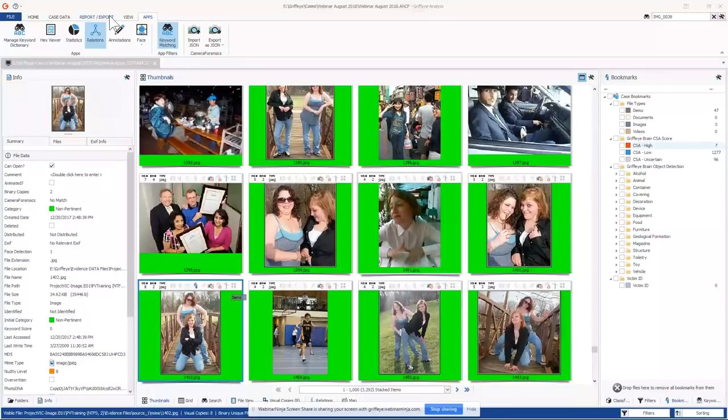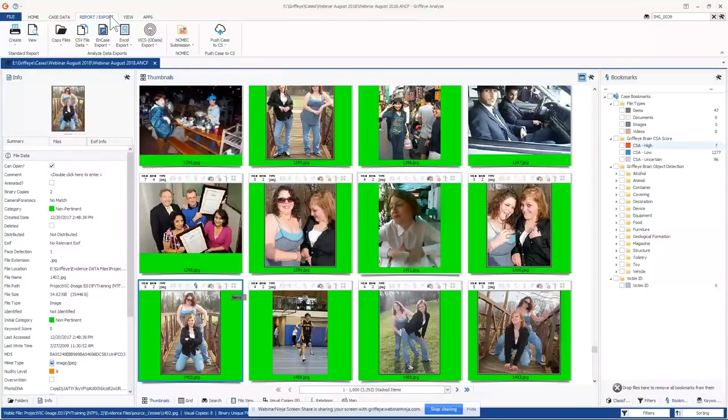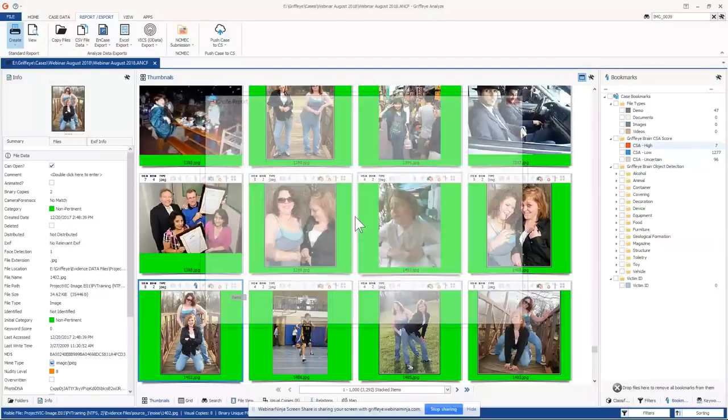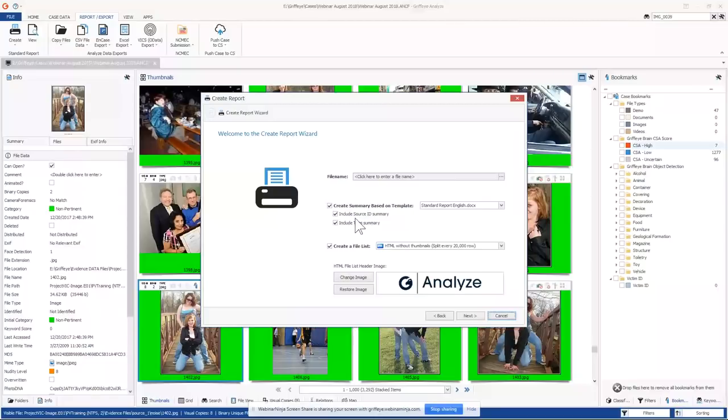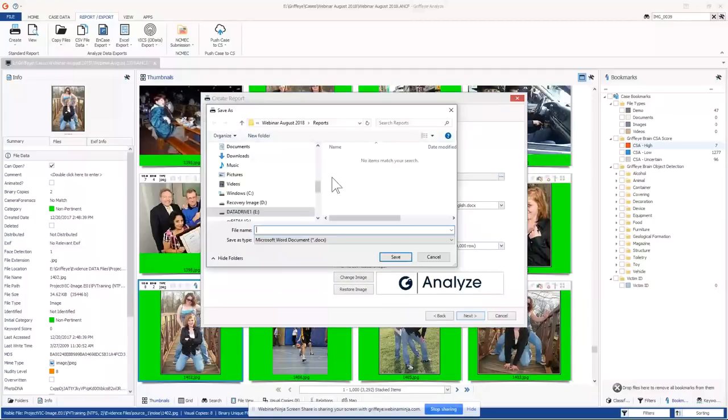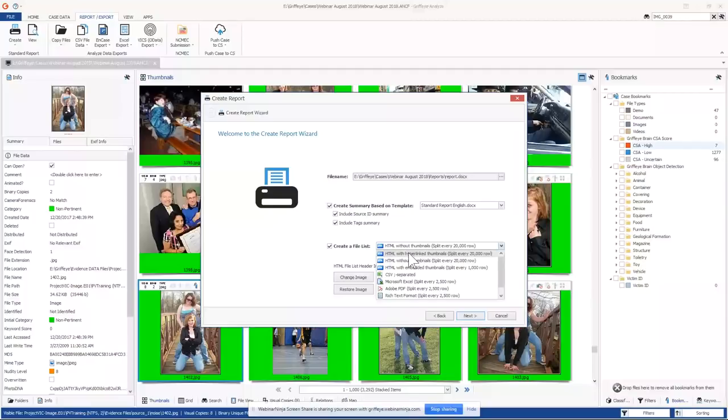Reporting. Yes, I can show reporting real quick. So when I'm ready to create a report, I can just go over to the report export tab and hit create. And then I can select by category, filtered files, illegal files. Let's do by category. When you create a report in Griffeye Analyze, you create two things, a summary report and a file list. And we call this report. The summary report is just basically a summary of all the data in the case. You can also do a file list with hyperlink thumbnails, embedded thumbnails. You can make spreadsheets, all kinds of stuff. So I'm going to hit